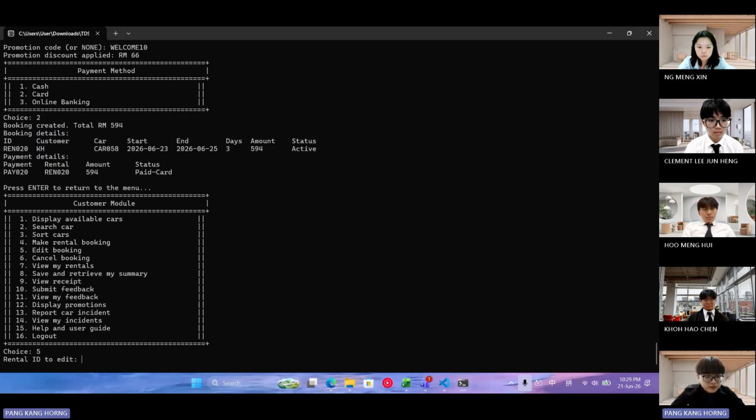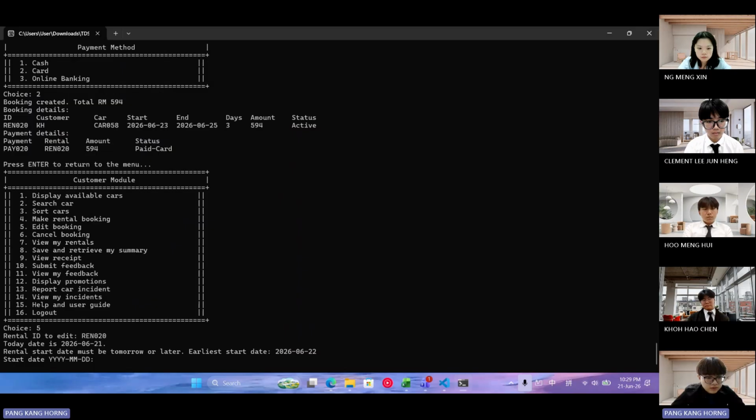When you choose 5, it will ask you to type the renter ID. Just now you can see our renter ID is rent 020. So you just type the renter ID, and it will ask you to submit your rental start date and end date again.